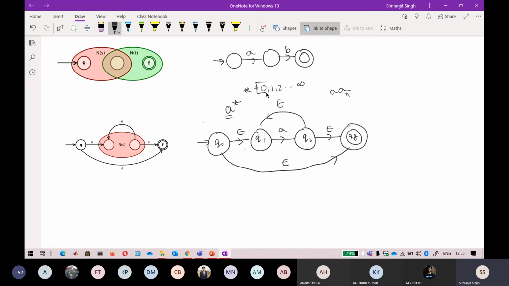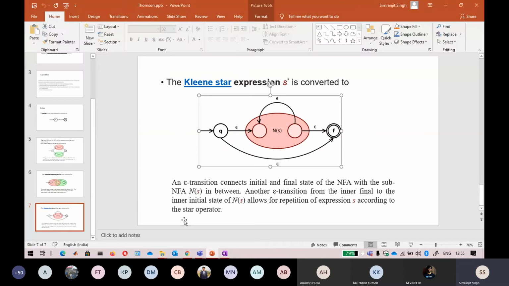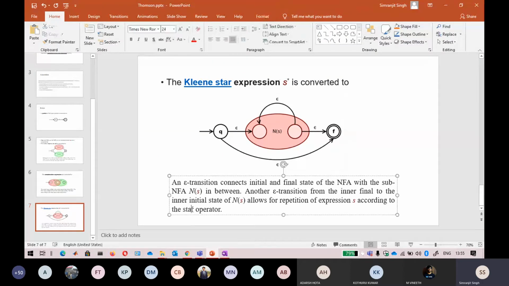Mainly the epsilon A is also given. If A is raised to the power of 0, it is epsilon, so you can directly go from Q0. That also represents one and the same thing that we have done. Keep that in mind. This is also correct, but because we are following the Thompson construction method, you cannot apply this, so you have to apply the long method. That is why I am saying that when you apply the Thompson construction method, you will get a very large number of states. I think all the transitions are completed here.